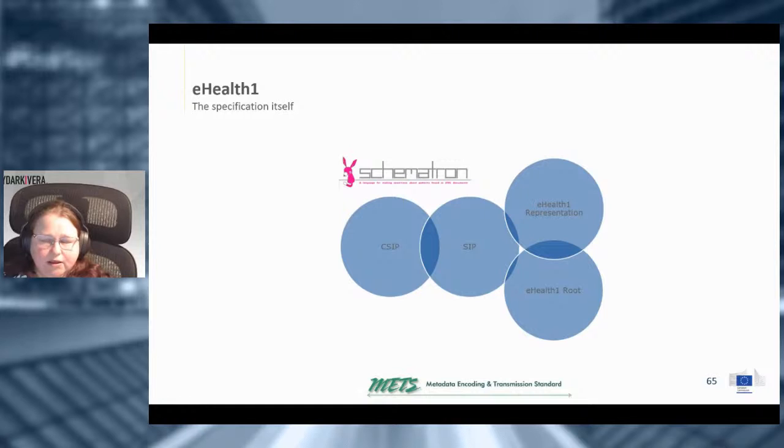We are extending the CSIP and CIP with the eHealth 1 information. And that is actually extended through two different METS profiles, one for the root for the eHealth 1 being the core, setting up the patient, and then the representations.